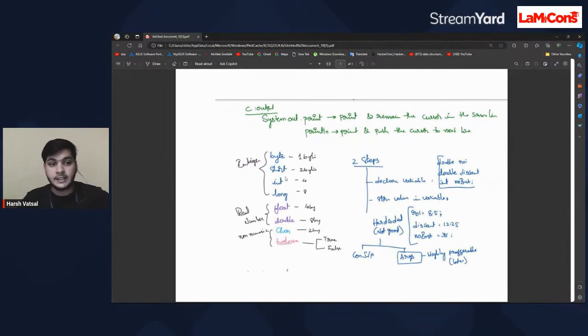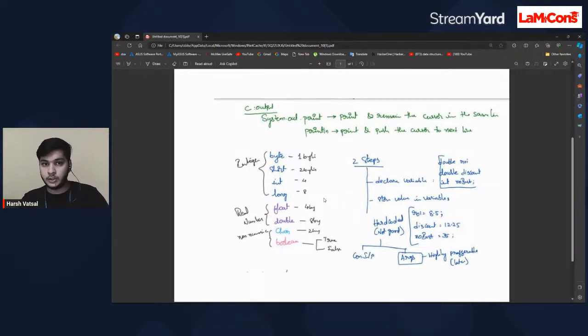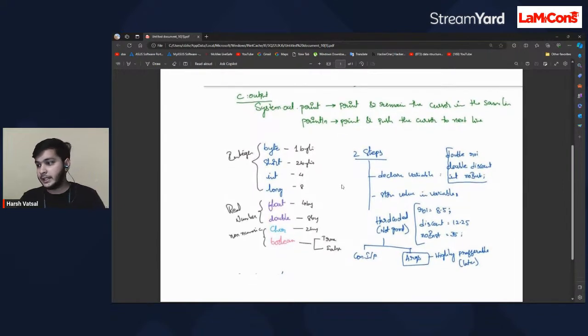We have byte, short, int, long. And Om Sharma, if you want some help, you can take a screenshot of this also. Please do stay back till the end. So if you want, you can take a screenshot of that. So byte, short, int, long, float, character, boolean, and